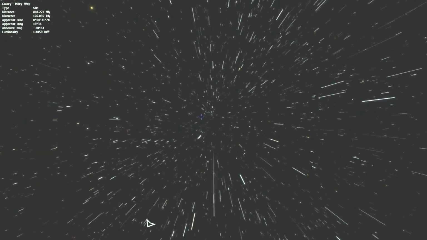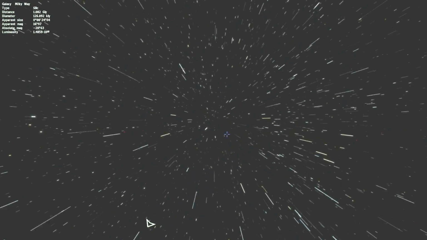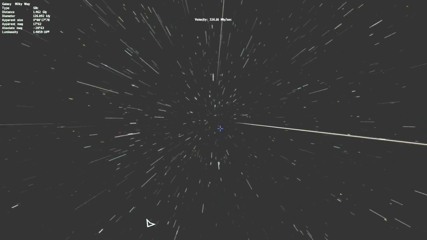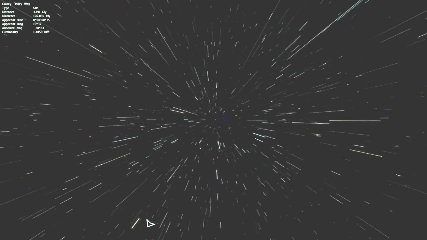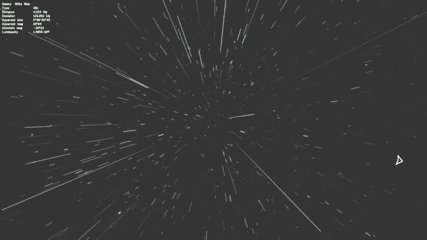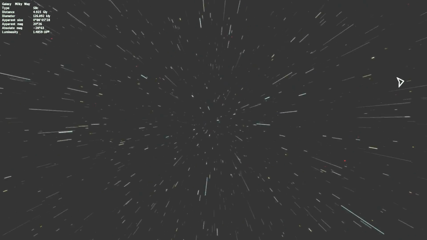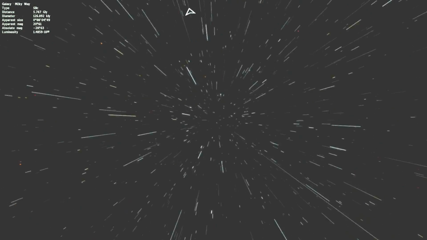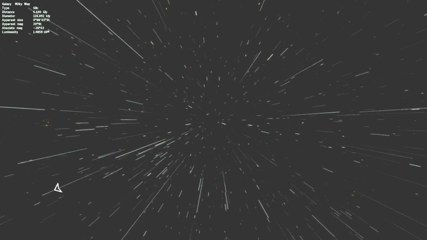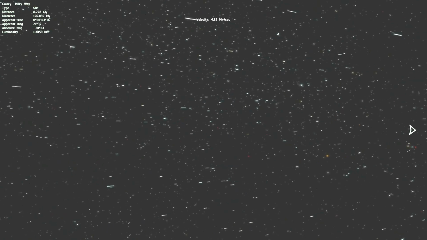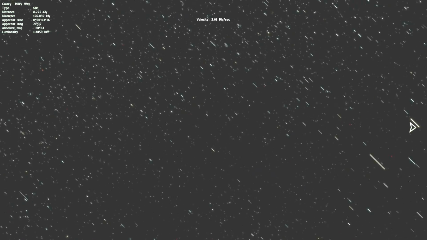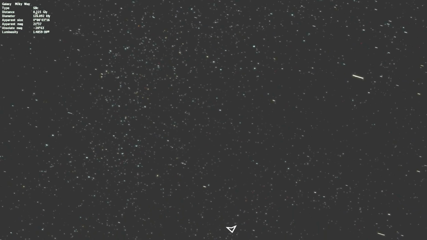Each one of these galaxies that we're passing by right now has just as big of a soup of stars as the Milky Way, and we can turn up the speed to 326 megalight years per second, and we just keep going. There's no end in sight. Every single one of these galaxies has billions of opportunities for life, and stories to be told, and things to explore. And let's stop for a moment, slow it down, and look around and realize that we are actually looking at the structure of the universe.